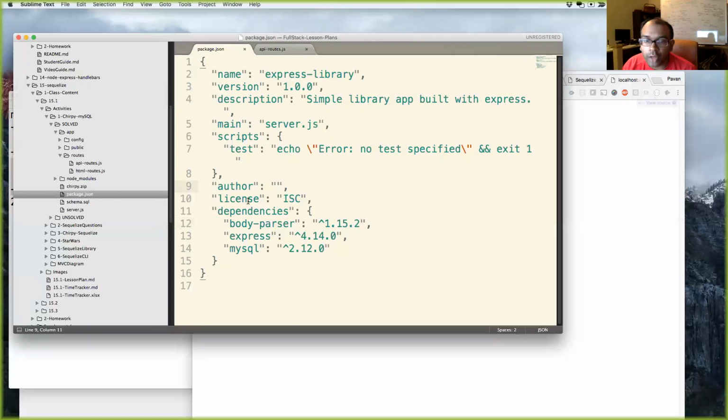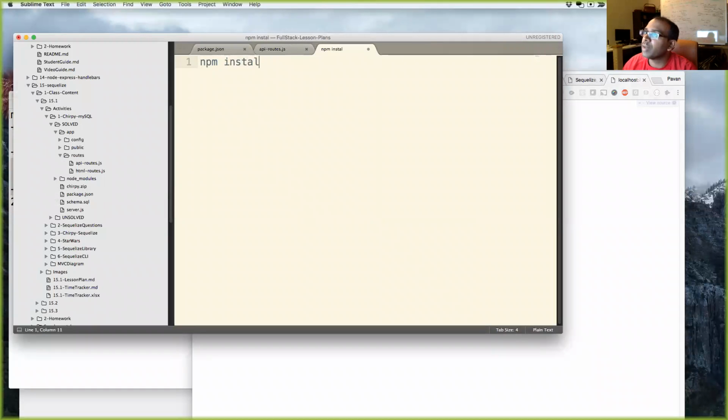And are you installing Nodemon? No, I don't have Nodemon yet. Okay, that's fine. If you guys get a chance, you could do npm install -g nodemon, and that would install Nodemon on your computer all over the place. And it does not matter what directory you're in when you're installing it, because it's being installed globally.